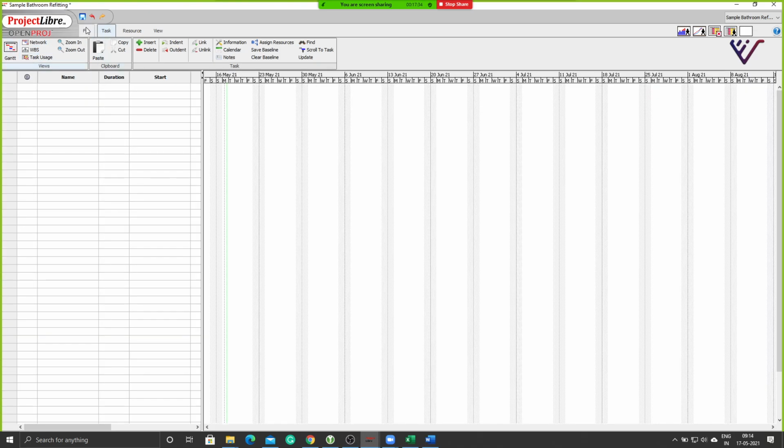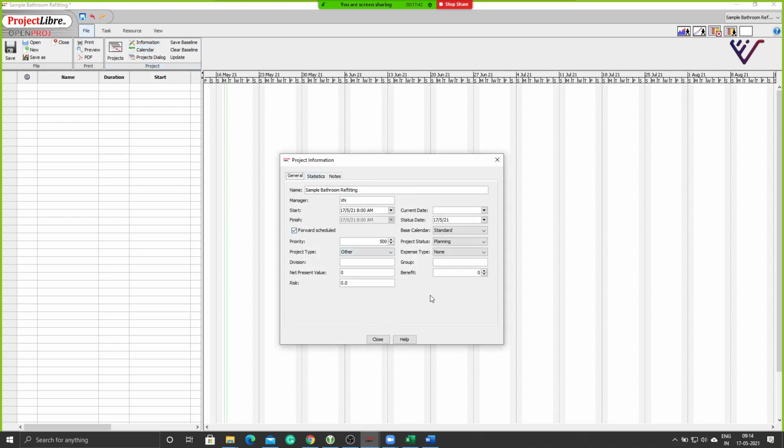You also have the option of project information here. At any given point of time, you can hit on this project information and fill up the required project information here. So the first part here is what you fill during the opening of the project. Then you have the option of giving the current date, status date. We will look at where it becomes useful in terms of progress or tracking of your project. Now you have base calendar here. I will shortly show and explain what these different calendars mean and how it helps you in your programming.